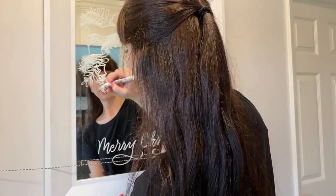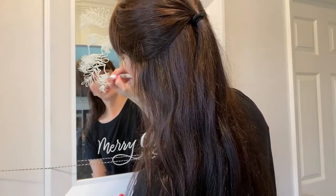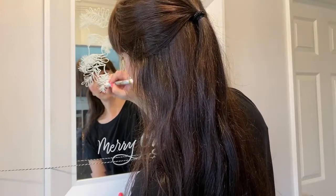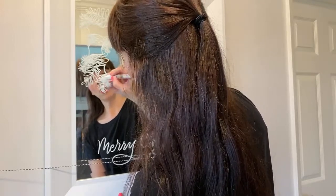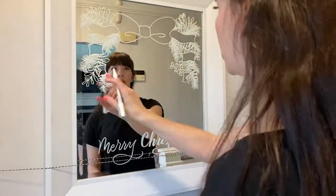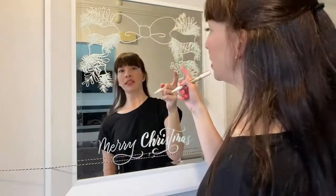Getting those little strokes in there, and remember they want to go in all directions. And now the little strokes for this side of the branch. And go all the way up to where they meet so that you have that higher density of the pines up there. So now we need to add in some berries,